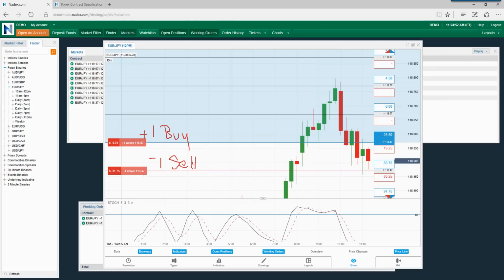And again, this is why you have a demo, okay? So that you can play with it and you can get to know it, okay? You can understand the platform. If you're trying to trade binary options and you don't understand the platform, you're going to have a miserable time. You got to learn the platform. And again, if you go to the Nadex videos, there's videos there on how to use the new platform. Okay.